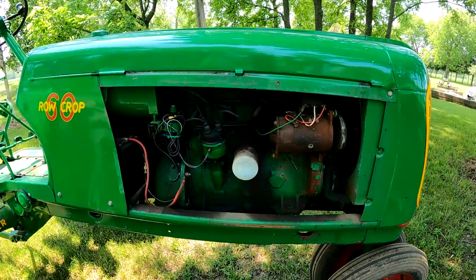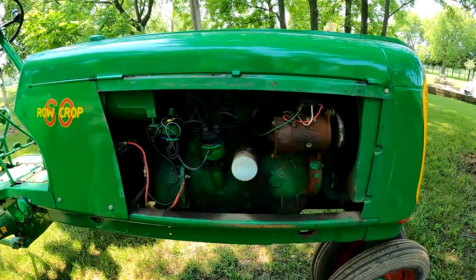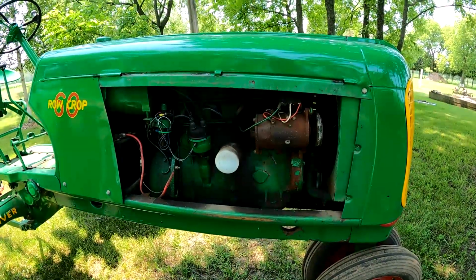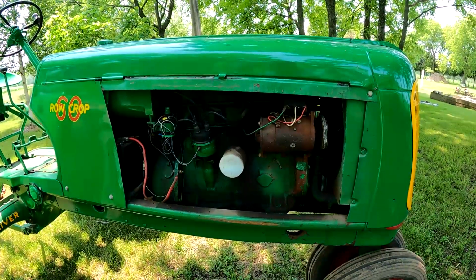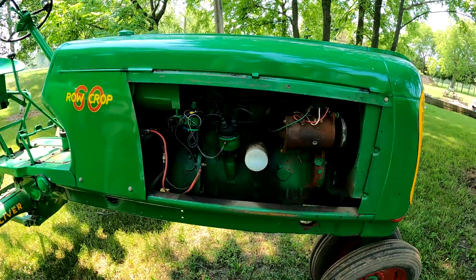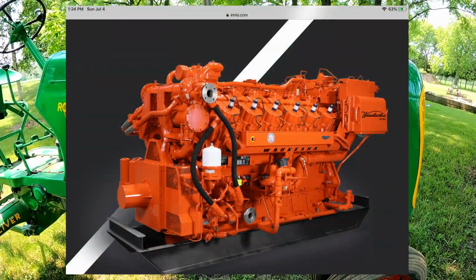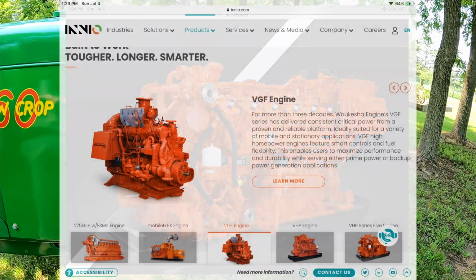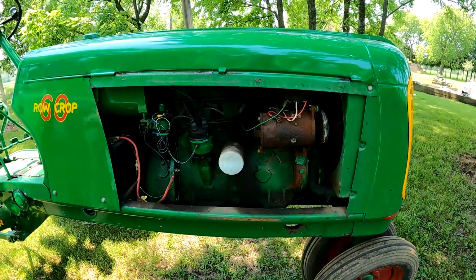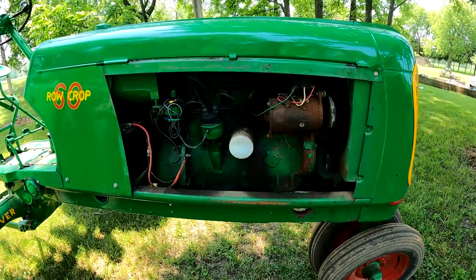Today, GE Energy owns Waukesha, and on September 28, 2015, GE announced it was closing the plant in Waukesha and moving operations to Canada. In November 2018, INNIO completed the acquisition of GE, and the transaction included Jenbacher and Waukesha product lines. Currently, they seem to be mostly building huge engines for oil rigs and other companies. I'll put up a picture of their website and what you see coming out of there, what they're building now. I really don't see a whole lot of small engines or anything like that anymore, but